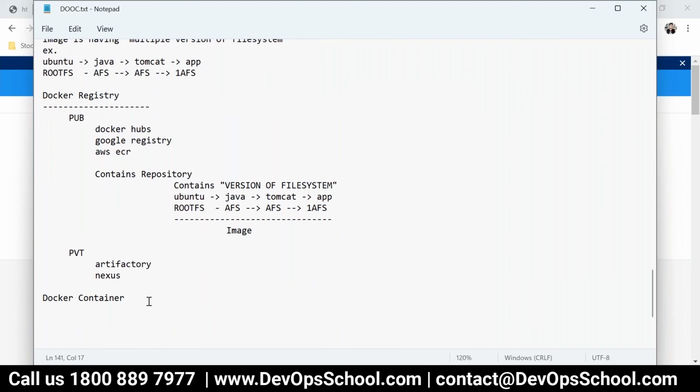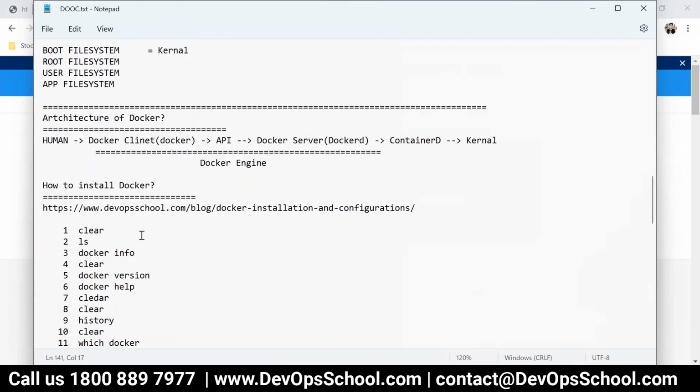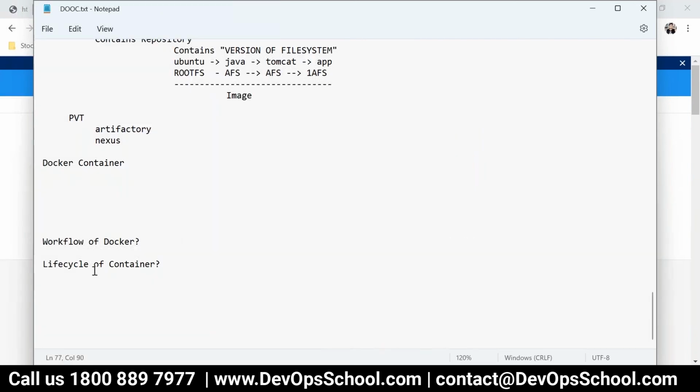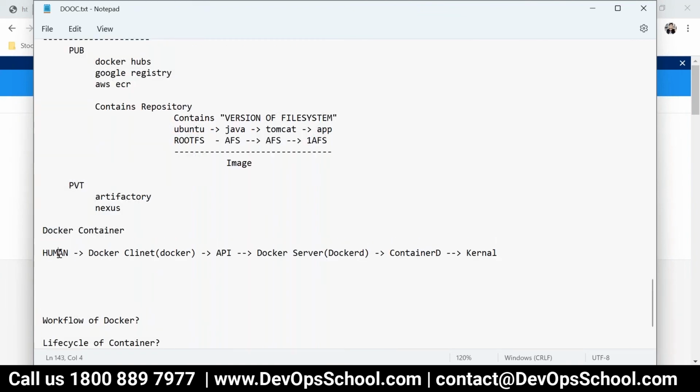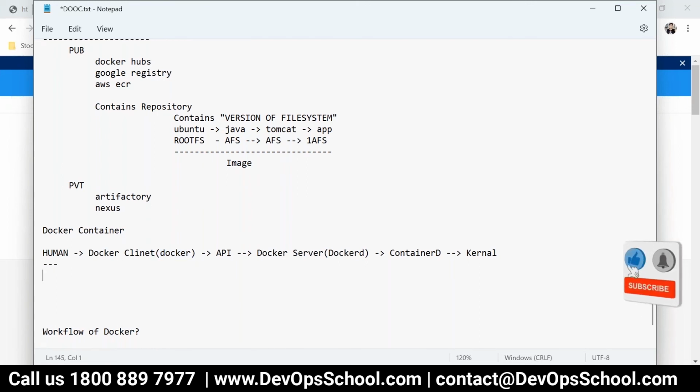I will not tell you, but I'll just revise that so you'll remember. Multiple times I have said, container means this is a fourth component. So you send, hey Docker, this is the Docker client, give me a container of HTTPD. Simply you said, Docker run HTTPD. Now this command is sent through APIs to Dockerd. Dockerd sends it to the containerd, and containerd sends it to the kernel, and kernel will create,